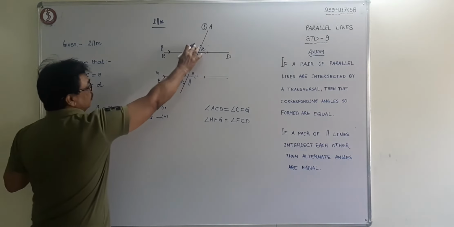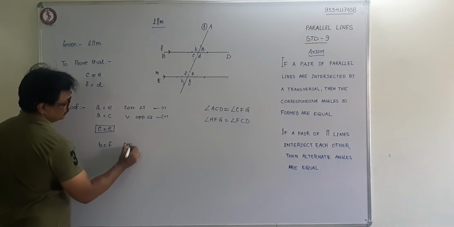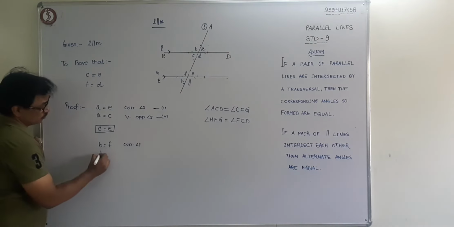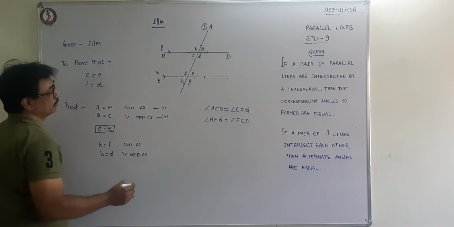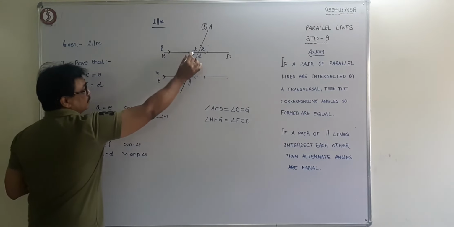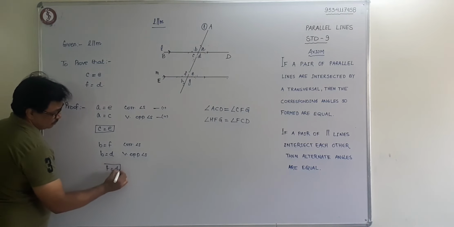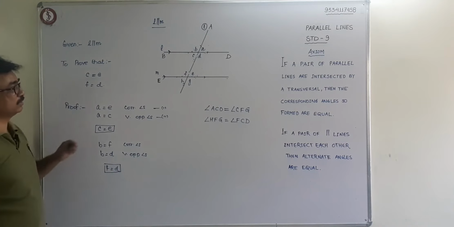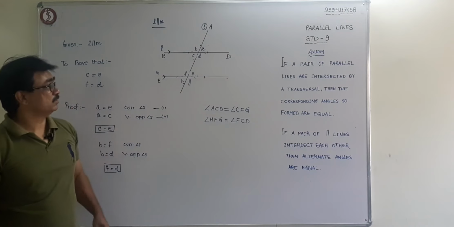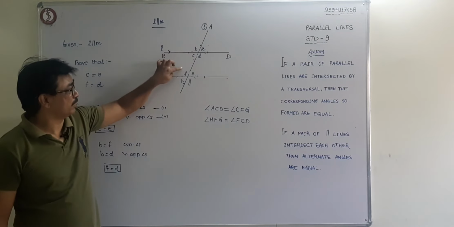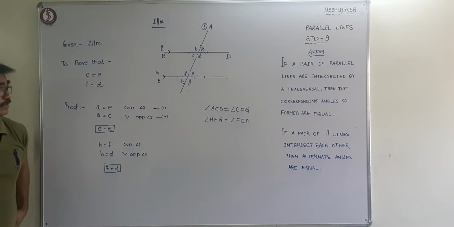Now we have to go for F is equal to D. So we go this way, B is equal to F, corresponding angles, and B is equal to D, vertically opposite angles. Now have a look, B is equal to F and B is equal to D, so that means F is equal to D. So we get this. We can also say that outside also alternate angles are equal, that means B is equal to G. This also you can prove, that B is equal to F and F is equal to G, so exterior alternate angles, but we fix our concentration on the interior alternate angles.